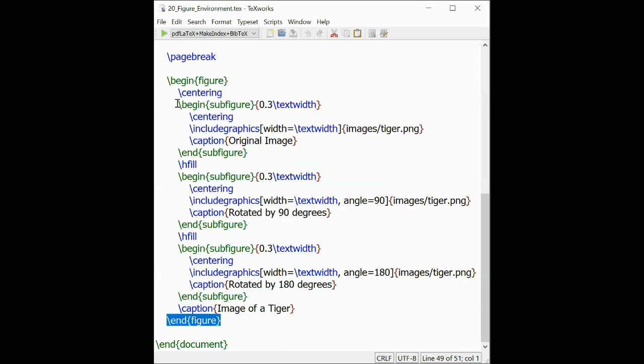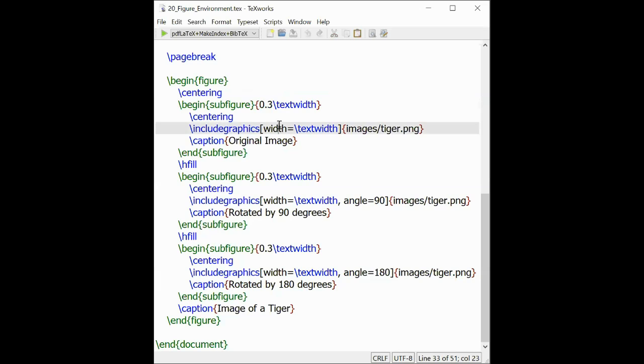So next you can have a subfigure. Centering means it will center align all the contents. So you have an environment like \begin{subfigure}, and you are specifying how much space your image should take. You are telling it \textwidth, which means from left margin to right margin, 0.3 of that space. If the space is 1, you can divide it into 3: 0.3, 0.3, 0.3. Then a little bit of gap will be there. This combines to 0.9, and 0.1 gap will be given in between the spaces.